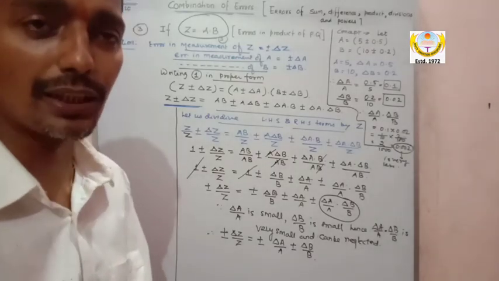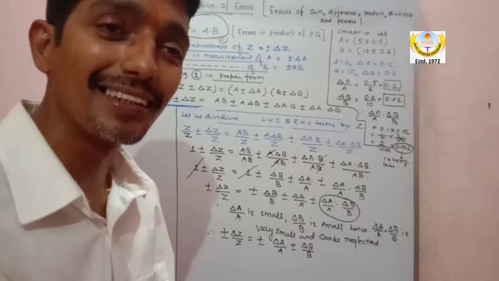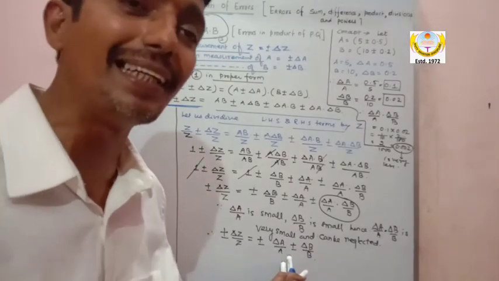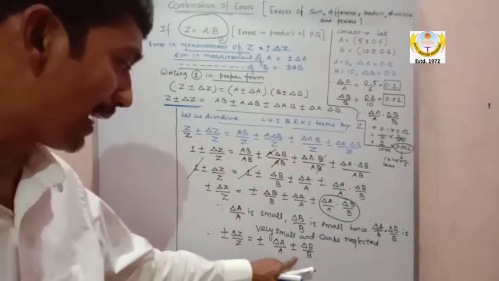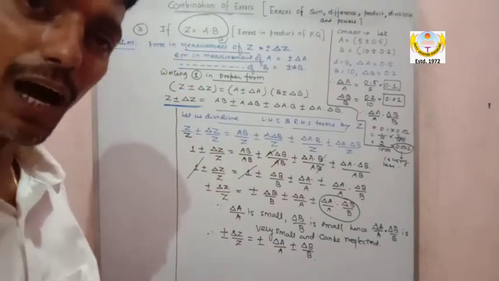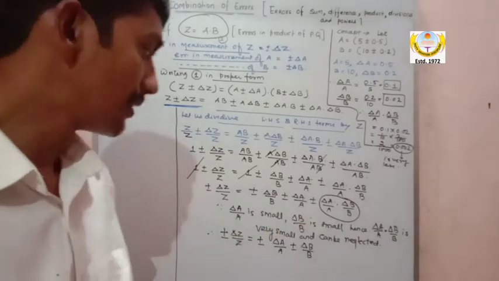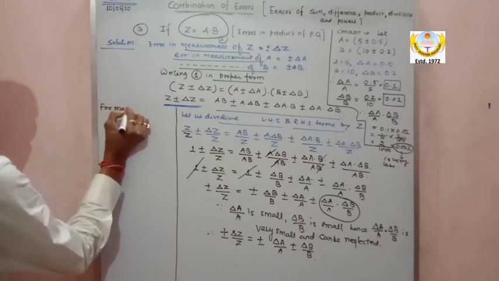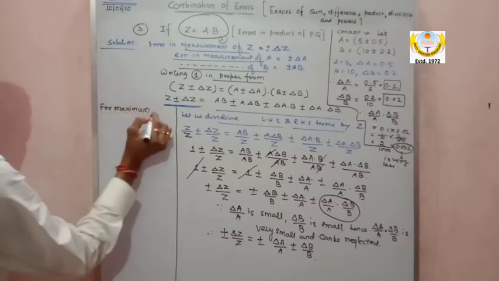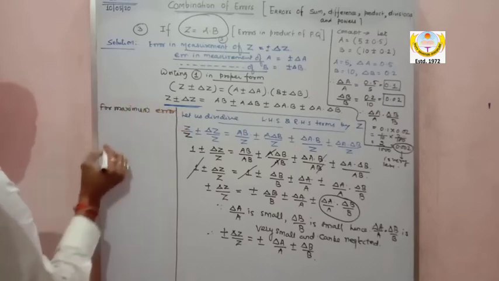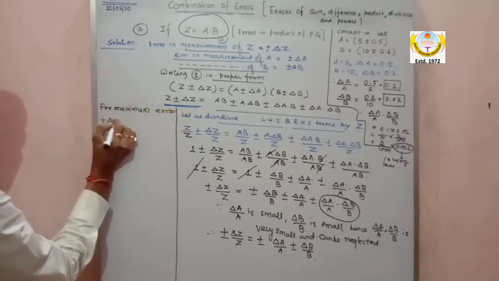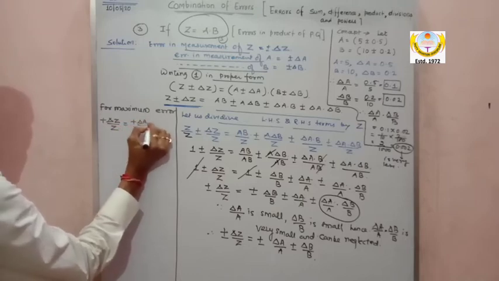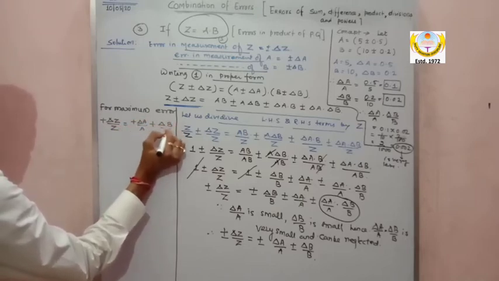So now the question is for maximum error. Maximum error occurs only when del A and del B, when this and this term, have the same sign. Either they have a minus sign or they have a plus sign. So I am writing here for maximum error, this is either plus del Z by Z is equal to plus del A by A plus del B by B, same sign,